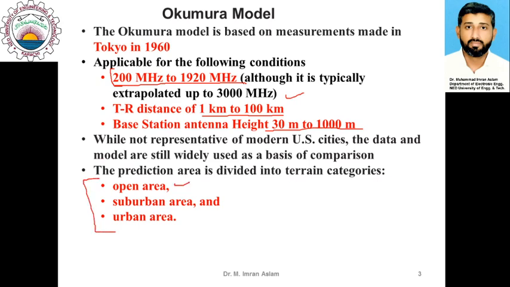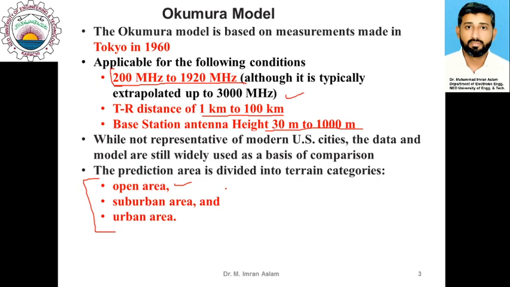First one was open areas. Open area means where you have very low density of buildings, like for example in farms or highways where you have seldom buildings. So this type of environment is an open area where the propagation is not significantly